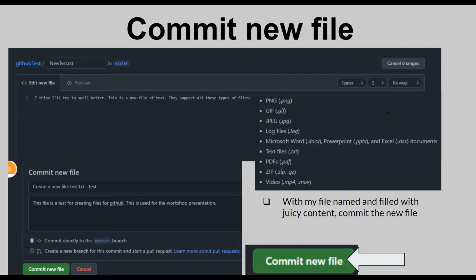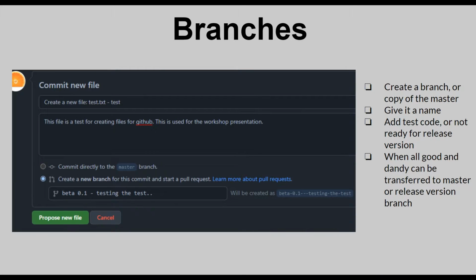All right. Again, this is just showing a decent list of all the files: PNG files, GIF files, all kinds of image files, Microsoft files, text files, PDF, zip, video, and even more. I'm not sure if there's a full list. I don't know if it really supports every single file, but every file I have used personally has worked with it. So once you go ahead and commit that,